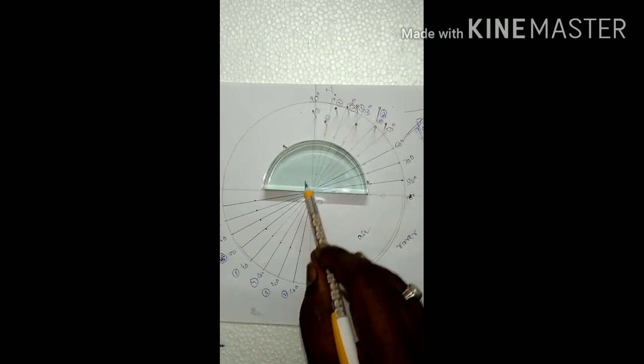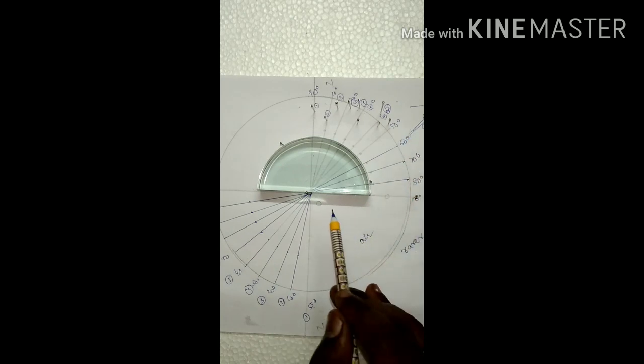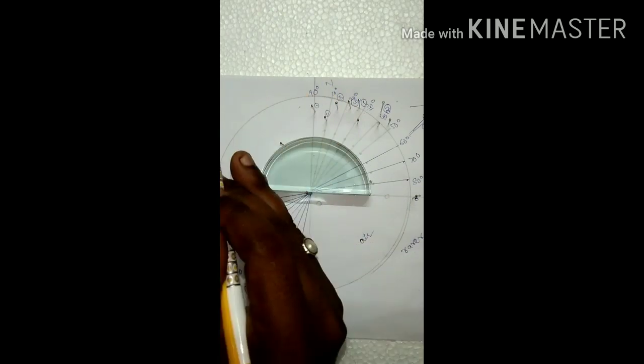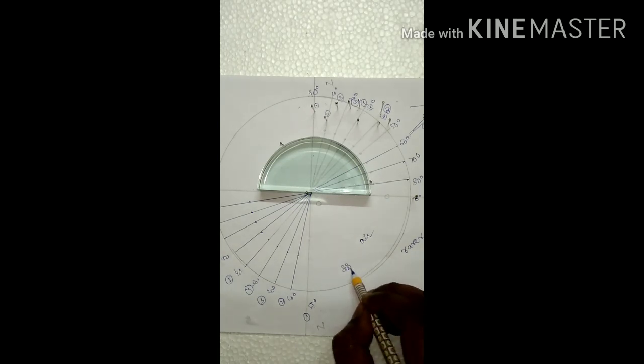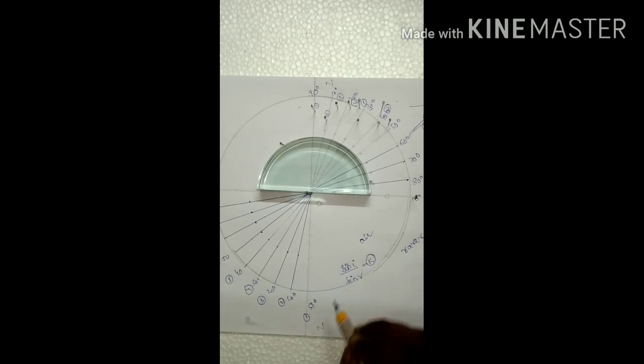So from this, what are the conclusions? If the light ray travels at an angle of 0 degrees, there is no deviation. If a light ray travels along the interface, then also there is no deviation. If the light ray travels at a particular angle from air to glass, that is from rarer to denser, or from base to curve, the angle of refraction is less than the angle of incidence. From this concept, we can say that the sine of the angle of incidence to the sine of the angle of refraction is always constant. This constant is equal to the refractive index.